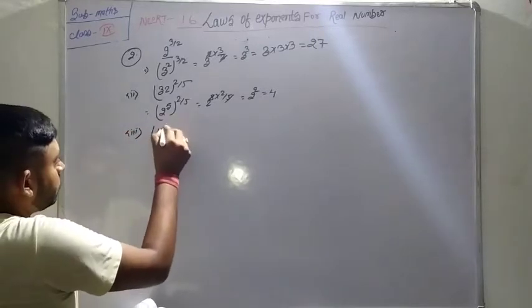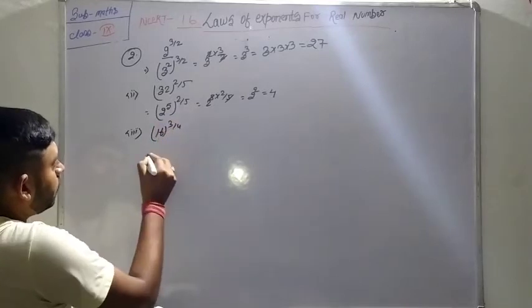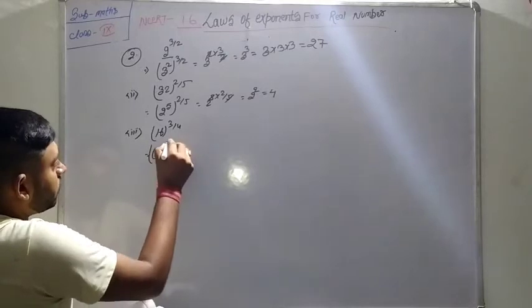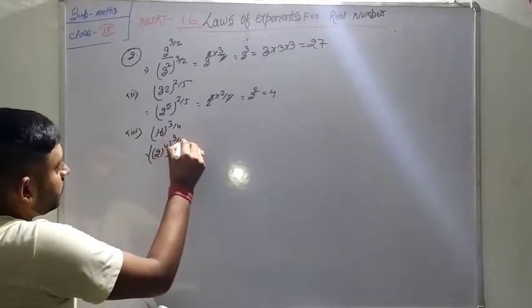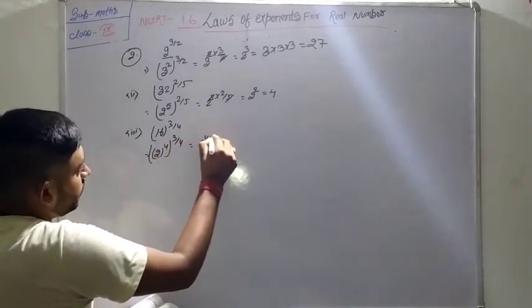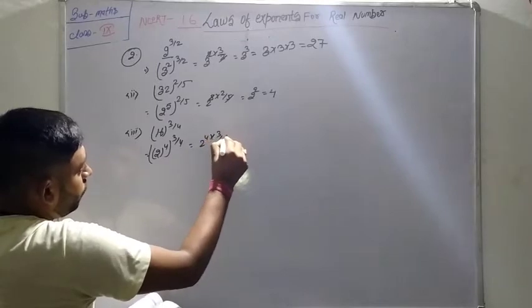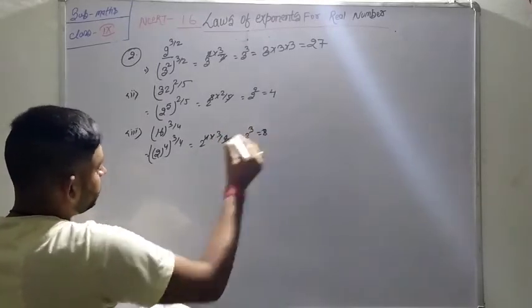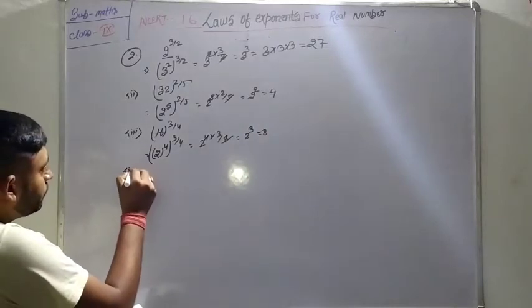15 raised to the power 3 upon 4. Now we know that 2 raised to the power 4 is equal to 15. Multiply 3 upon 4 is equal to 2 raised to the power 4 into 3 upon 4. Now for the answer, 2 raised to the power 3 is equal to 8. And number 4,